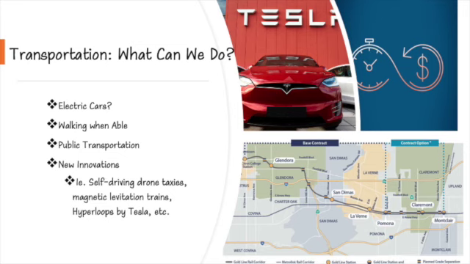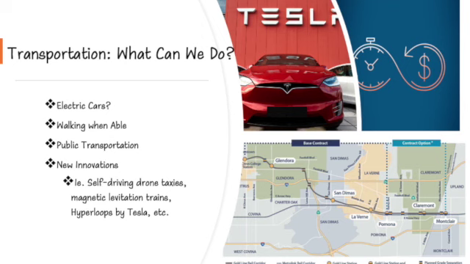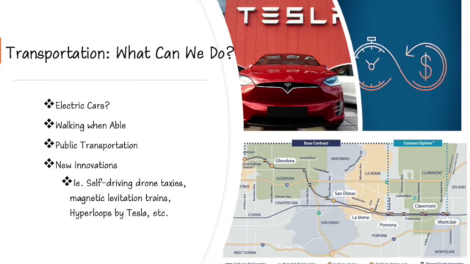So that brings me to my last point. What can we do about it? We must come up with efficient and economical ways of traveling. Currently, electric cars such as those from Tesla and improvements to railways are aiding our process of decreasing fossil fuel use in transportation, although expensive.